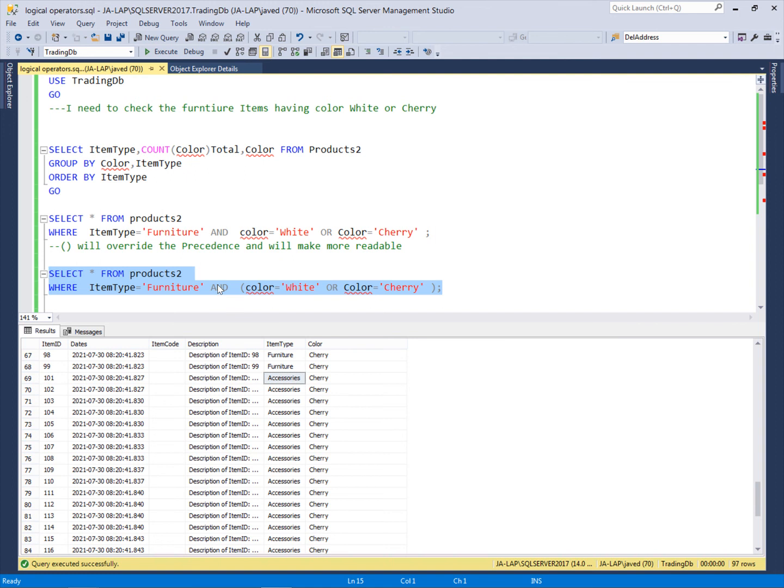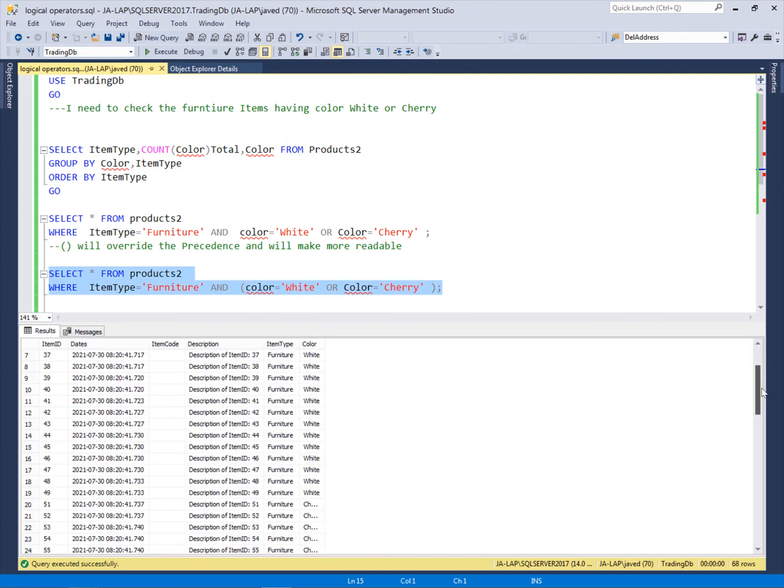Then after that the AND operator will be processed, and from these white and cherry colors, it will filter only the furniture items with white or cherry. So it will give the required data which I need.